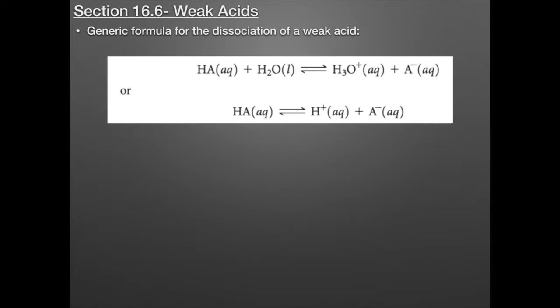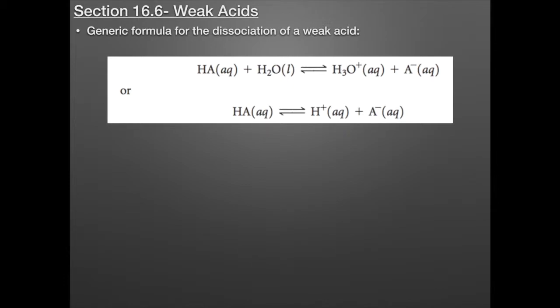In this section, we're going to be talking about weak acids. Now, the generic formula for a weak acid is the following. So notice HA is your weak acid. If it reacts with water, it's going to form hydronium ions plus your anion. Now notice I have the double arrow, and the reason why is because not all of the weak acid is